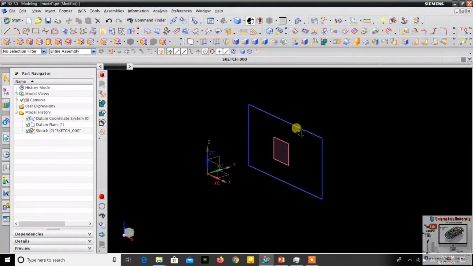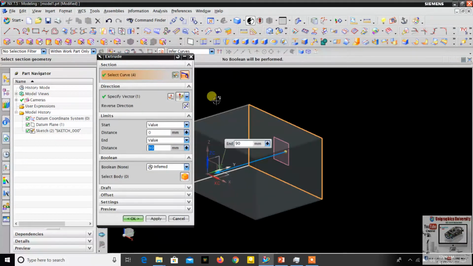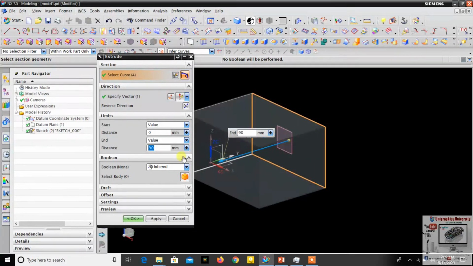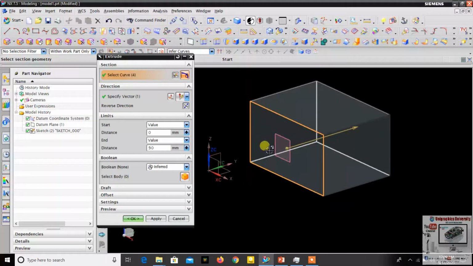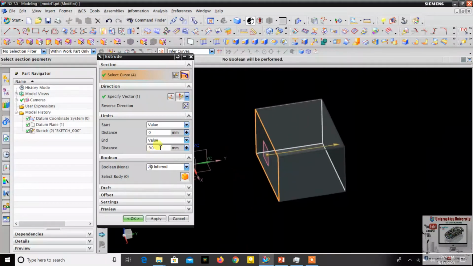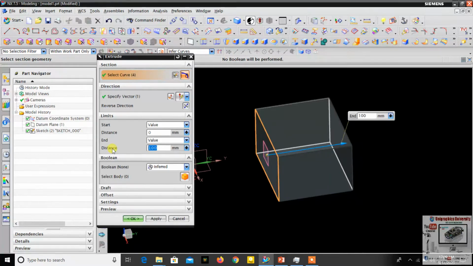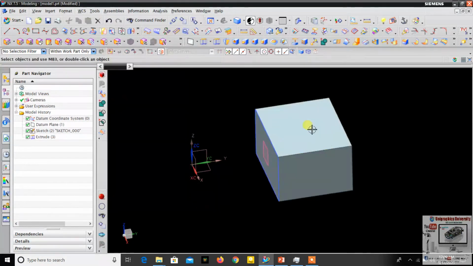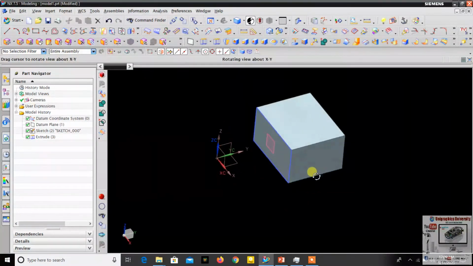Now I make one extrude from this curve. Click extrude, select this curve. The block will come, right? I select opposite direction. I'm creating one block from this curve at a distance of 100. So I make one block, right?